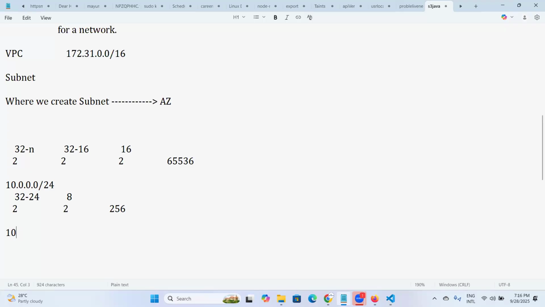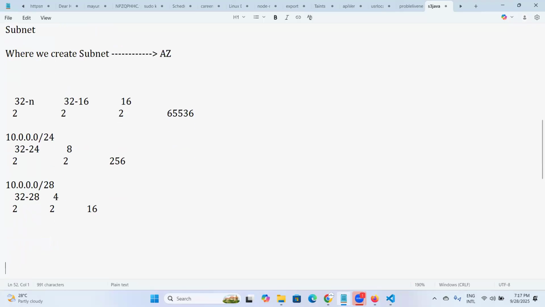So if your network is something like this, slash 28, that's 4 bits, 16 IPs. Yes, 16 IP. Right? Something like this, guys. Yeah. So let's say